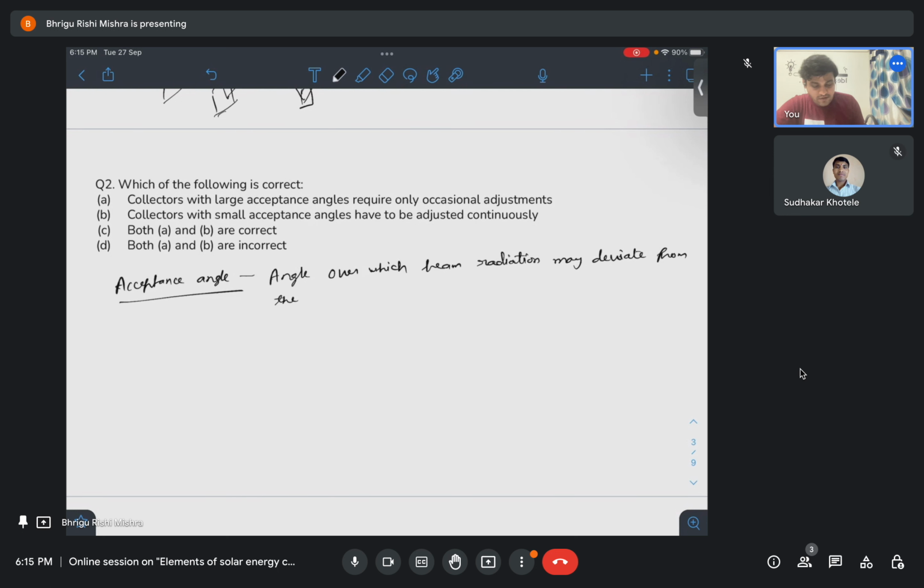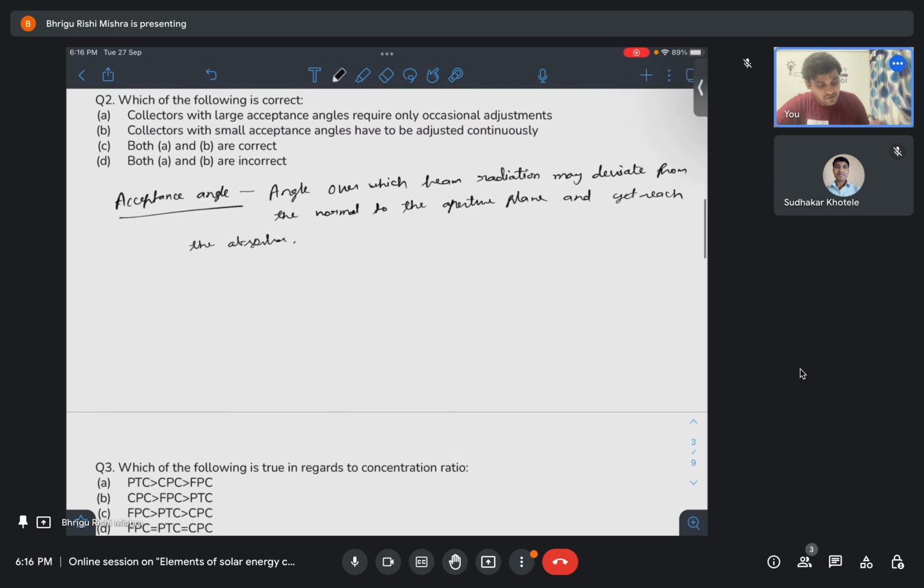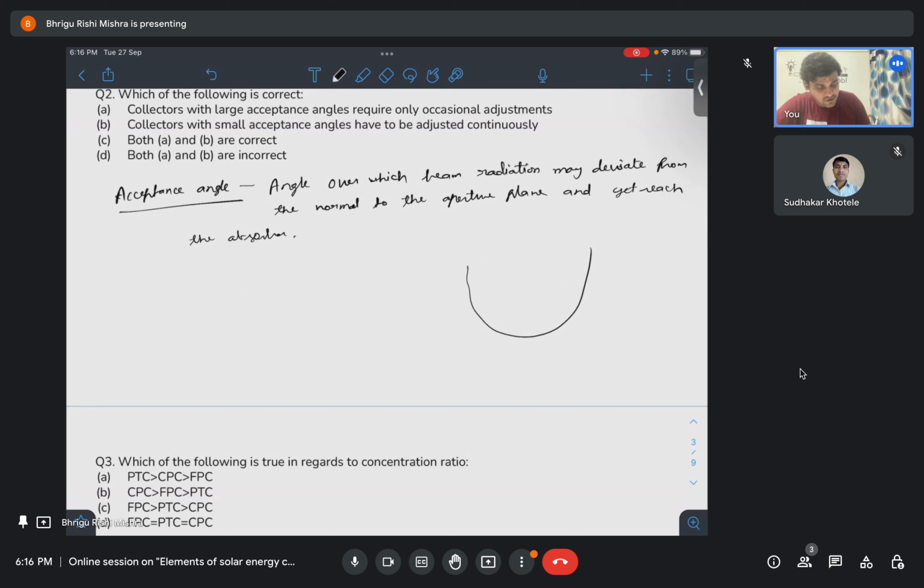Yeah, thanks. So acceptance angle is the angle over which beam radiation may deviate from the normal to the aperture plane and yet reach the absorber. Okay, so suppose I have a collector like this, so whatever the radiation coming in any direction, although after reflecting from this surface,